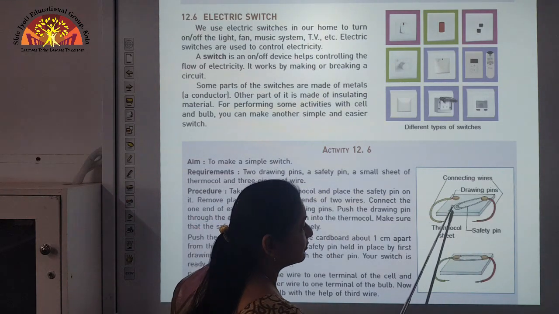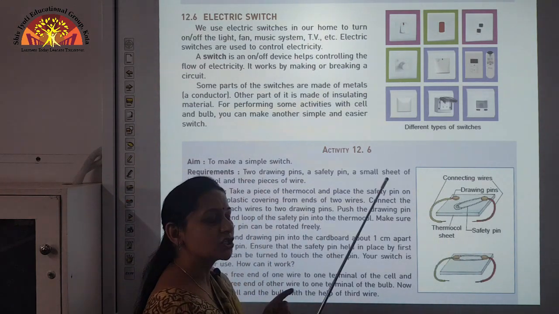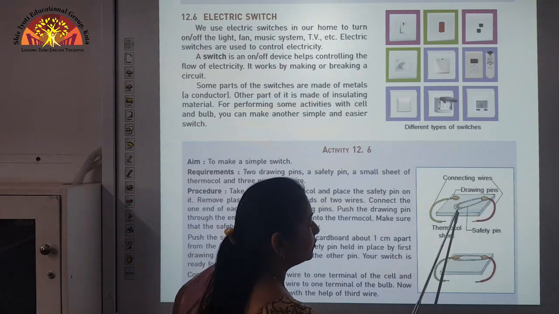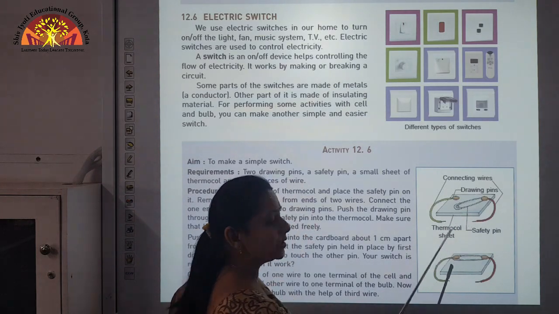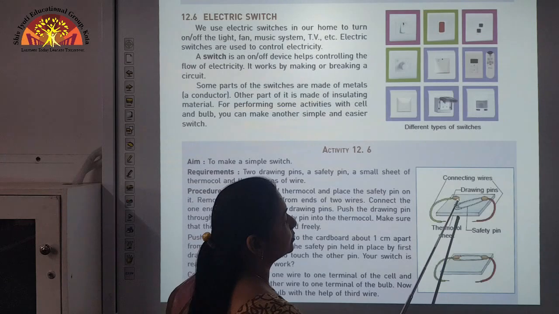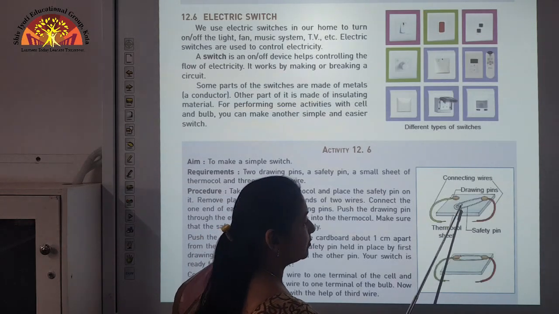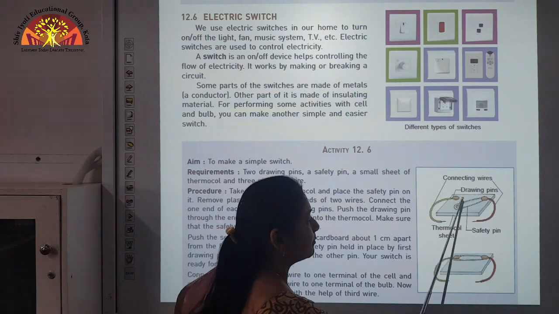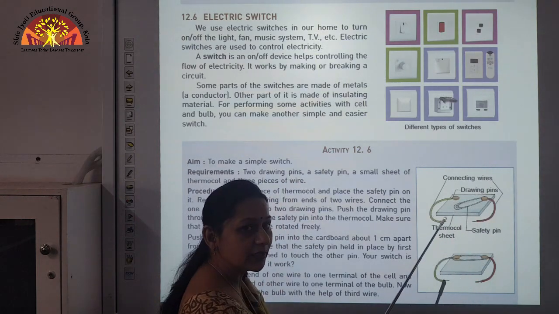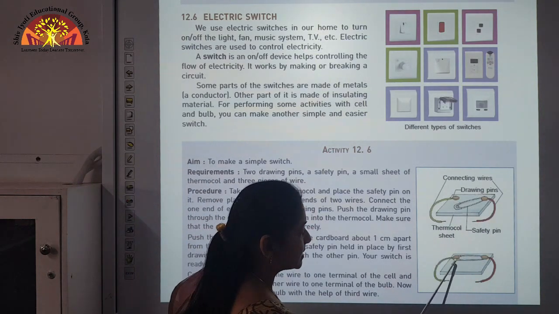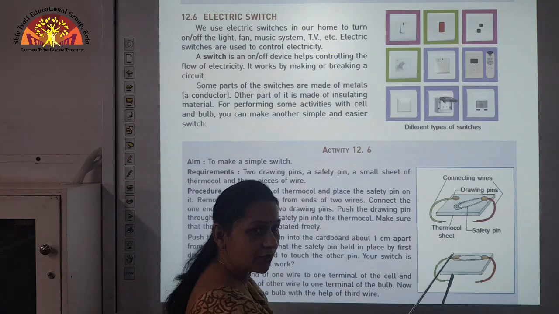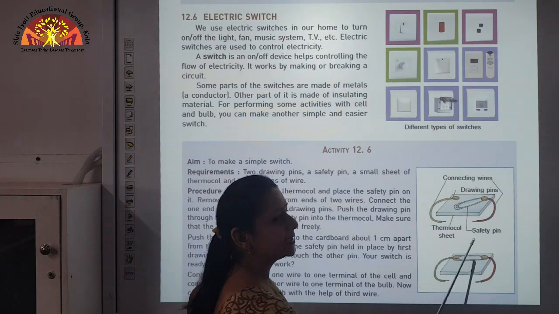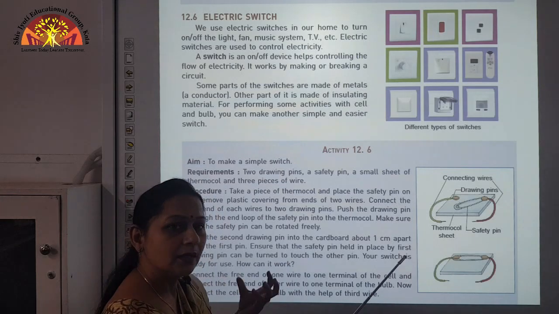Now this safety pin can be used as a switch. If we remove the safety pin from the drawing pins, or if we do not connect it to the drawing pins, the bulb will not glow because the complete path is not available. Then if we connect this safety pin to the drawing pin, the path will be complete and we can have the bulb glowing.